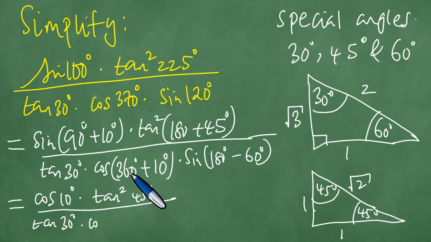Right, 360 plus is in the first quadrant, where all functions are positive, so it's just going to be positive cosine 10. 180 degrees minus is in the second quadrant, and sine is the only one that is positive there, so the result is going to be positive, the sine of 60 degrees. Right, so what do we have? We have cosine 10